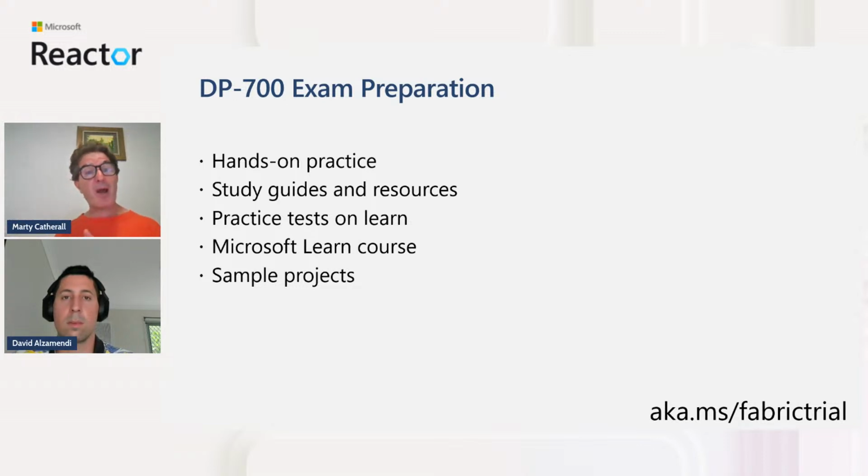David talked about capacities, and the capacities range from very cheap to very, very expensive. However, you get a trial capacity, which is equivalent to an F64, which is very expensive. And you can have that to do whatever you like with for the next 60 days. Every single workspace that you create, you can just assign to this trial capacity. You can create as many workspaces as you like within reason. I think the limit's so big that it's probably not even worth talking about. But yeah, you can do that. Have you tried that, David?